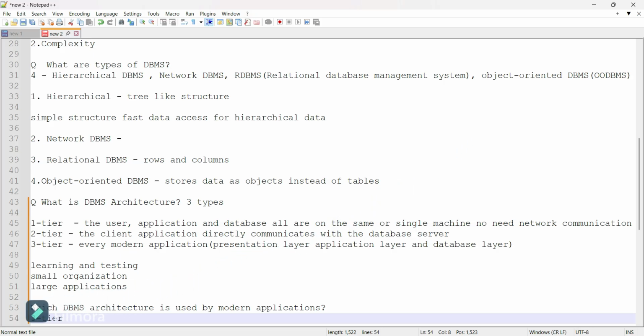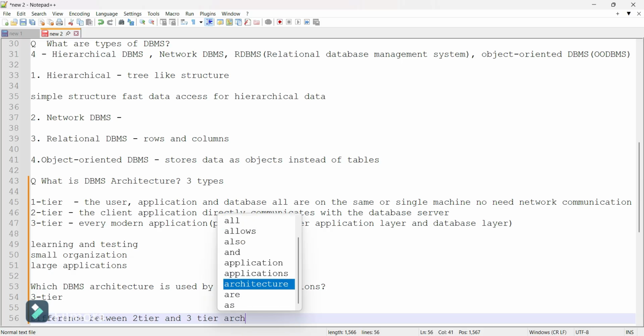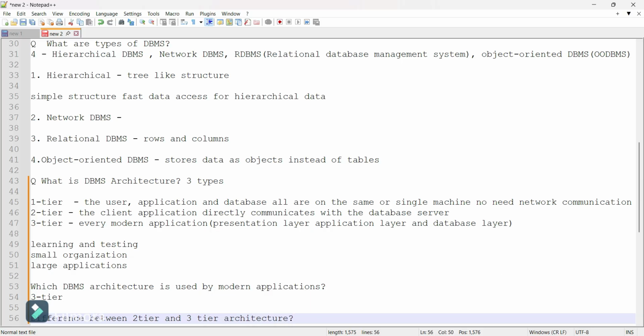The next question is the difference between two-tier and three-tier architecture. Can you tell me the difference?